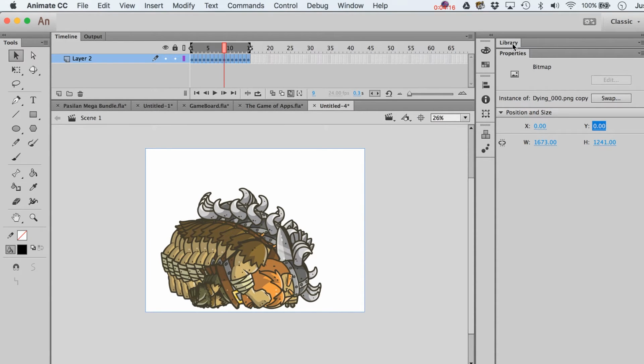But, well, here's something of a problem. These are all just bitmaps at this point. So to be able to use some of the filters and things like that in Adobe Animate,